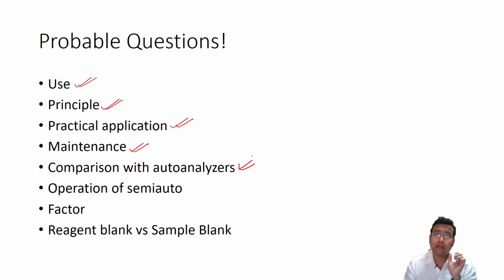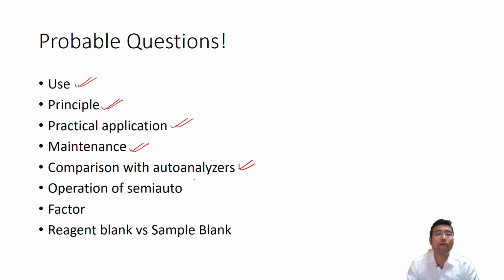Very important. This may vary from instrument to instrument, and it's widely advisable the service person who is providing the semi-auto analyzer should demonstrate it first, and you should learn from him and practice on your own to set all these programs. So not only can you handle the machine independently, you can also train your juniors, which is the most important part of lab culture. You must master a machine so that you can pass the knowledge to your juniors, just like I am passing it to you right now.